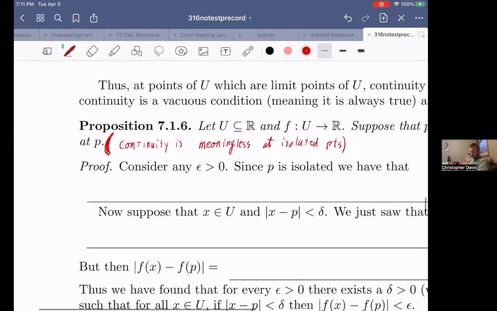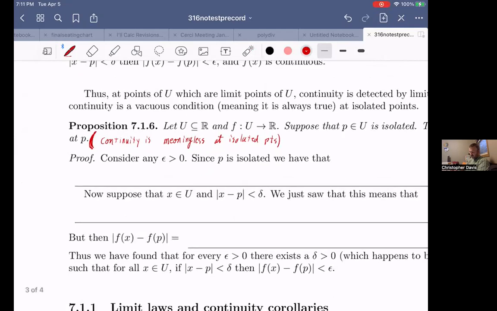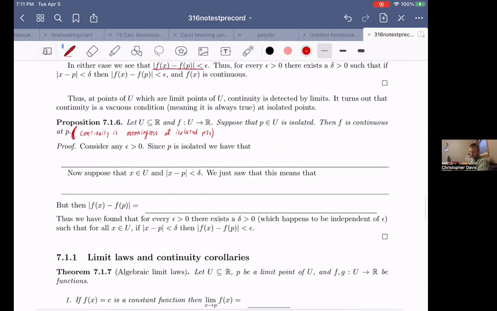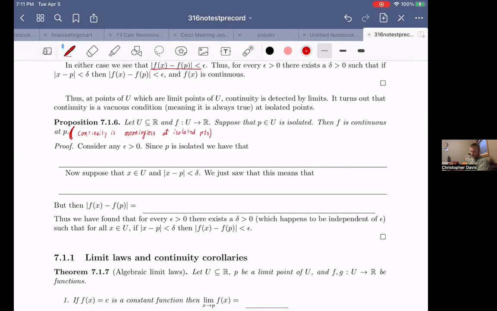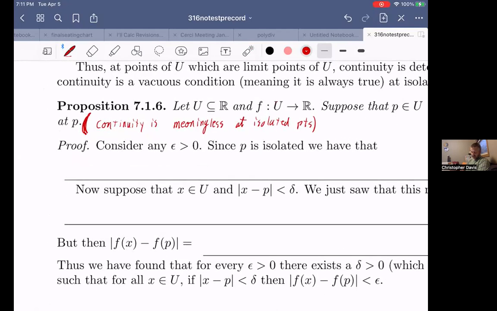So let's prove the proposition. I need to show that this function is continuous. So I need to consider any epsilon bigger than 0 and come up with a choice of delta. Well, the only hypothesis I have is that P is isolated. Since P is isolated, we have that there exists a delta bigger than 0, such that for all x in U,